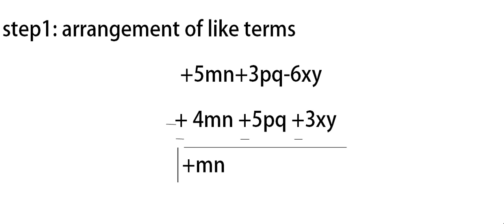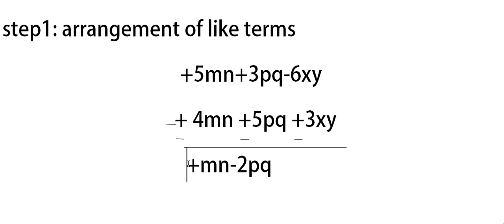Then comes the second term. The second term in the first expression is plus 3pq and in the second expression it is minus 5pq. Just remember, children, the sign that we have changed is the final sign that we will consider. So plus 3 minus 5. Again plus minus is minus. So 3 will be subtracted from 5. So 5 minus 3 is 2. And the sign will be of the bigger number. Here the bigger number is 5 and it has a negative sign in front of it. So I'll write minus 2pq.